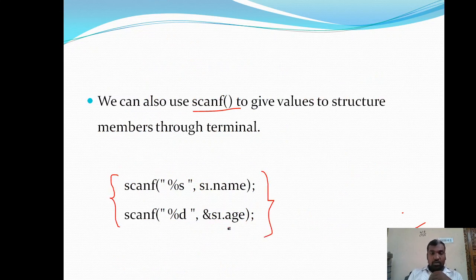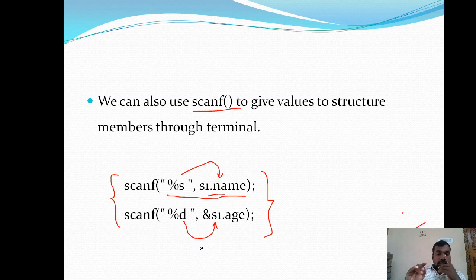So the string copy function is replaced with percentage s, scanf percentage s, s1 dot name, so that whatever name is entered by the user will be stored in s1 dot name. And whatever age is entered is stored in s1 dot age.